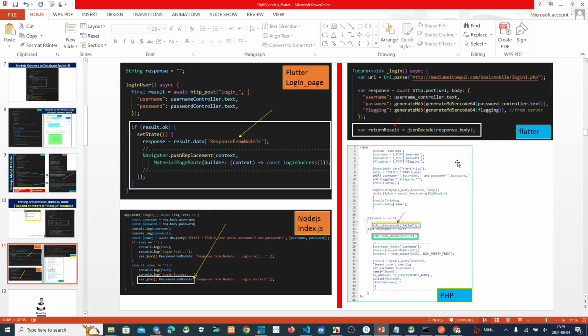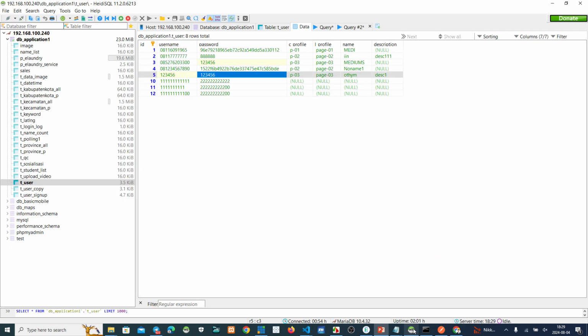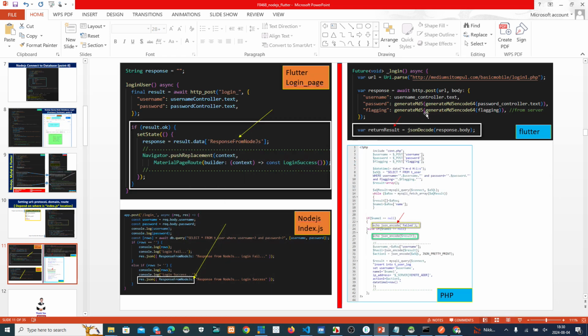But if you use the encryption, the password, we will encrypt it by what do you use? Maybe MD5 or another method. And then send this data to the backend, and then backend send to the database like this. This is an encryption password. Maybe next time if you have a question like this, I can show to you.